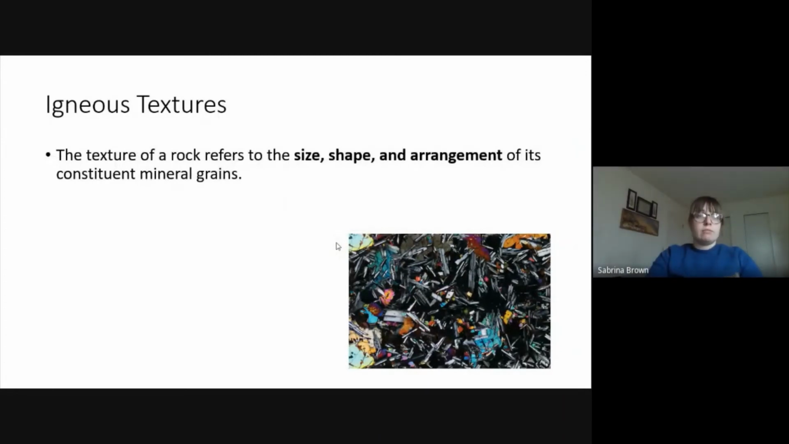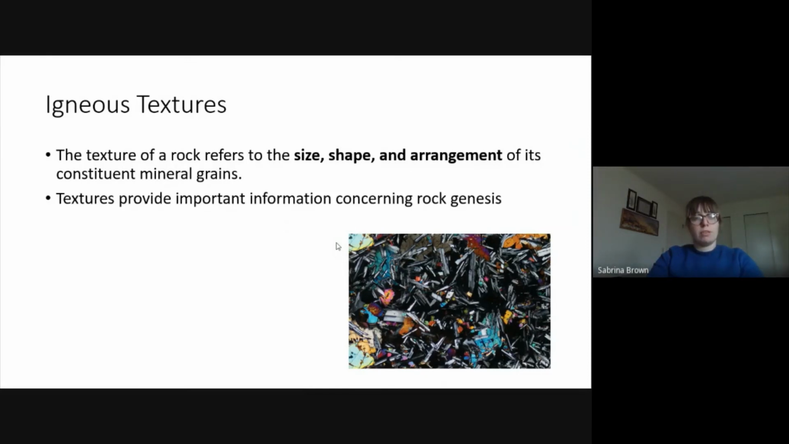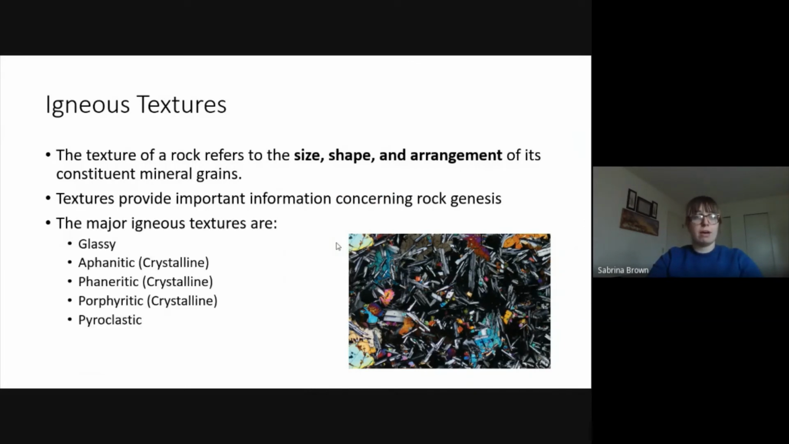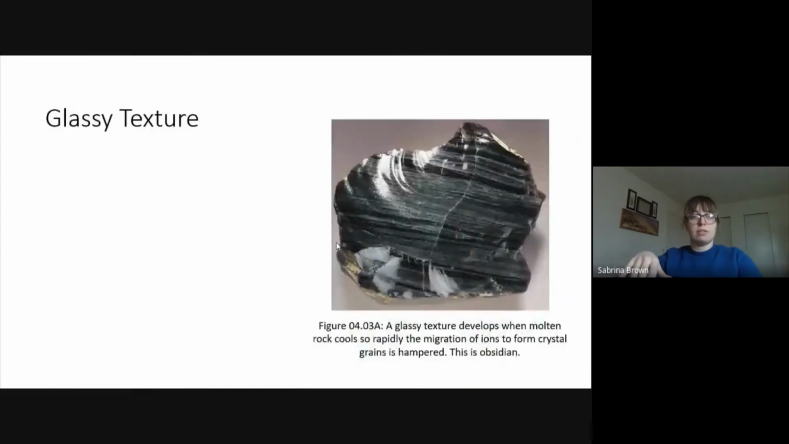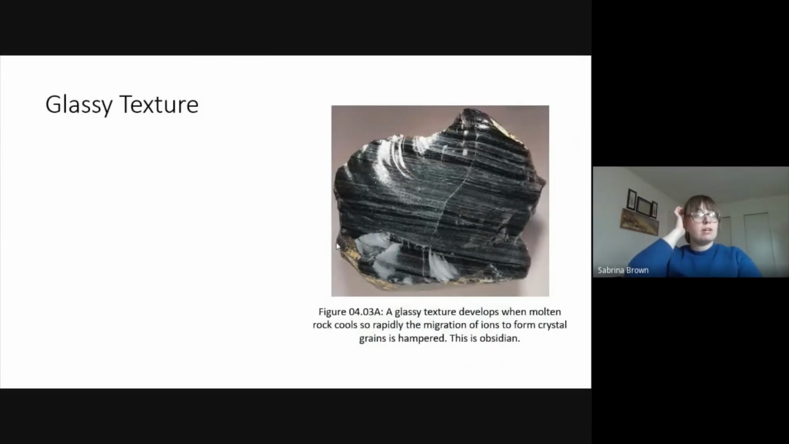All right, and again, igneous texture tells us about the size, shape, and arrangement of the mineral grains within that rock. Those textures tell us important things about how that rock formed. We have 5 main igneous textures, and I've hinted at them through the beginning part of this lecture when we talked about this one has big crystals, this one has small crystals. Well, there are actually fancy words for them, and we'll walk through each one of these in turn. So, glassy texture